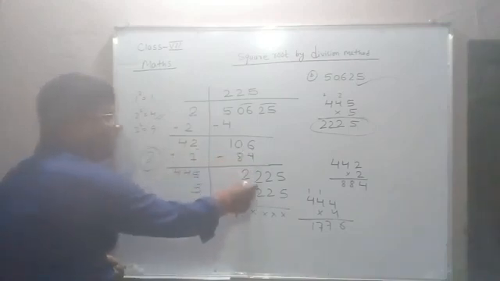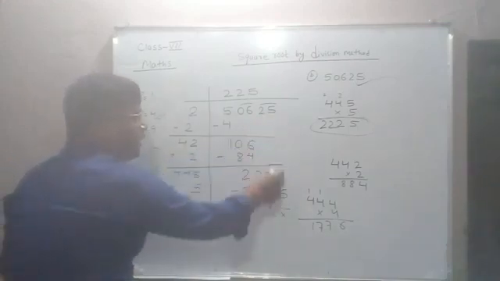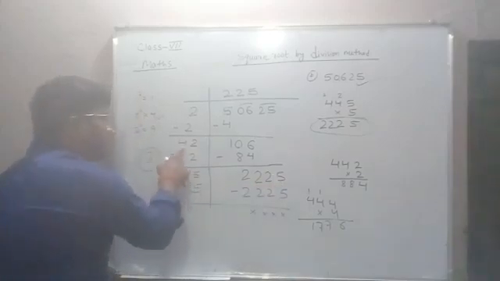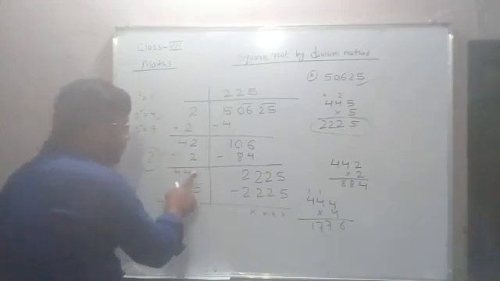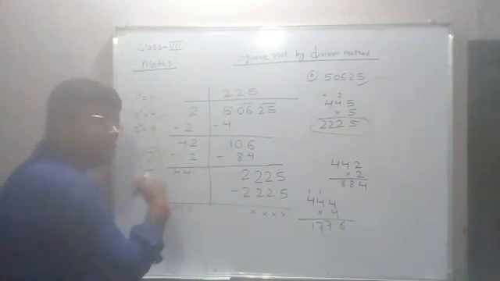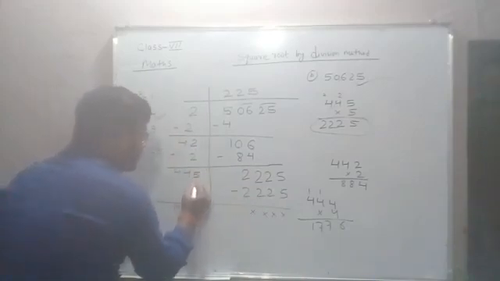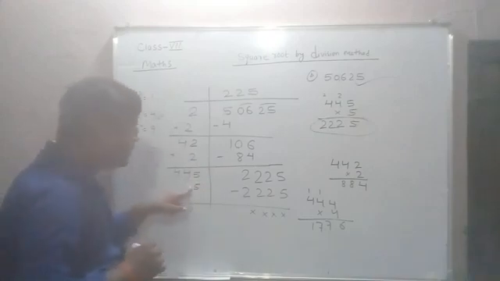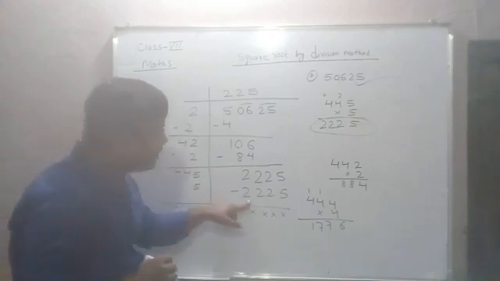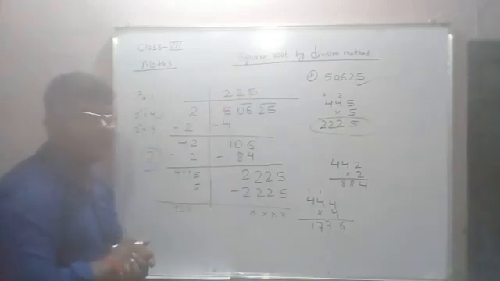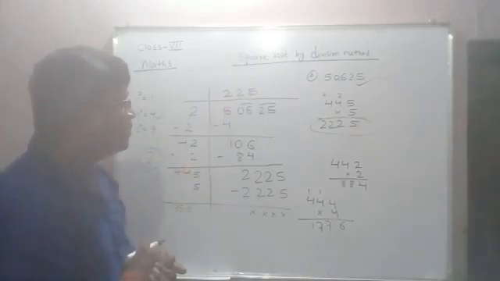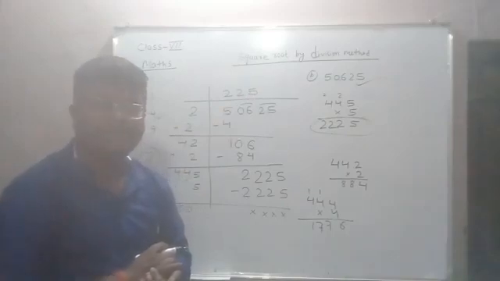So we got 22, and 25 comes down. Here we have 42 plus 2, that is 44. And again we need to place a number here. The number which we place here, we multiply by the same number and write it here, and we do addition, and the same number we place here also. In this way we find the square root by the division method.